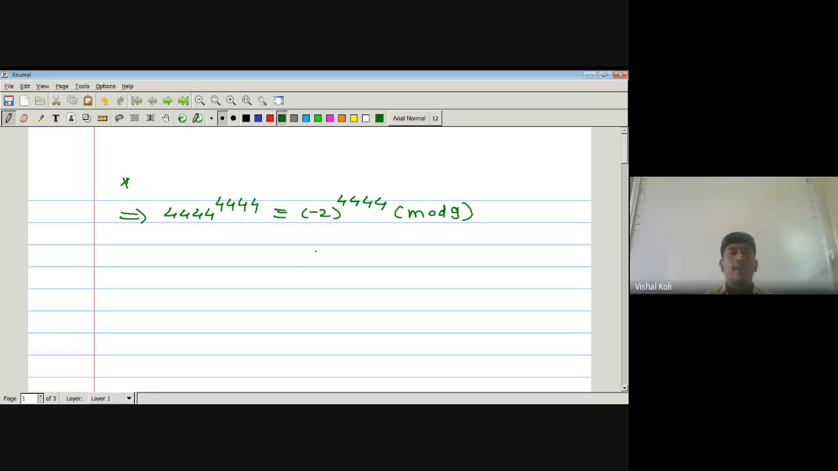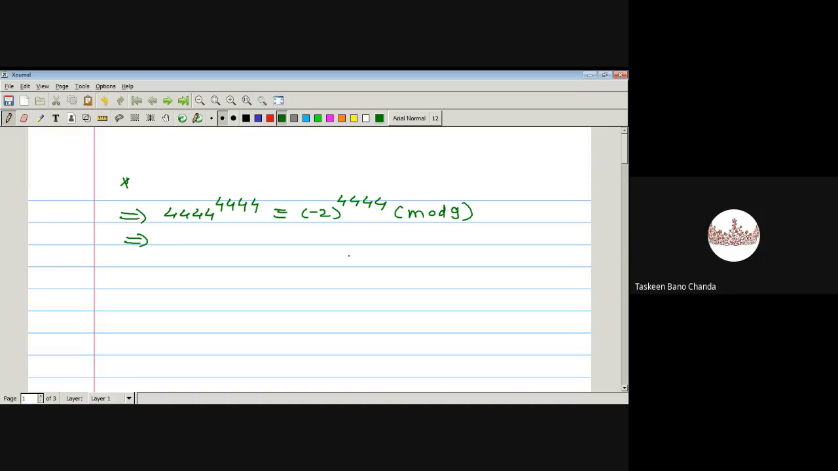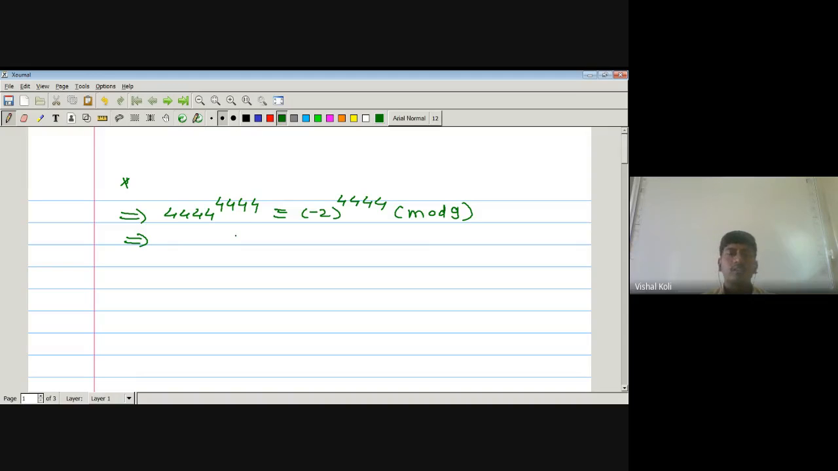Okay, now we have to find out the -2 to the power of this term is congruent to which number. For that, let us take the power of -2 in this way, which is congruent to the least number with respect to this modulo 9. What should be the value of 2 to the power 1? 2 is congruent to 2 modulo 9. 2 to the power 4, 16, is congruent to